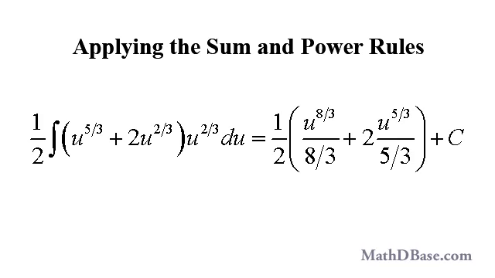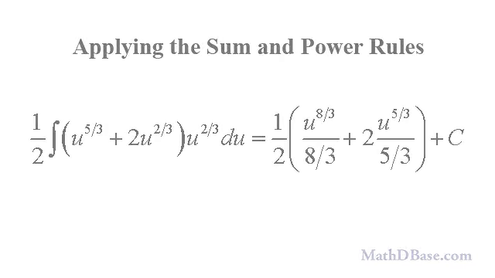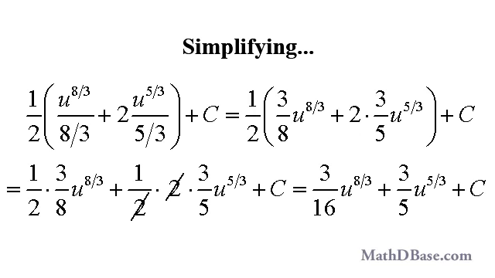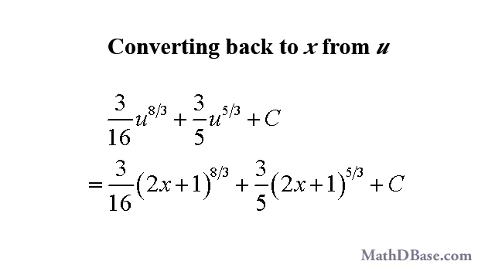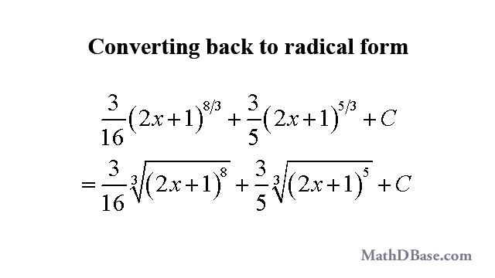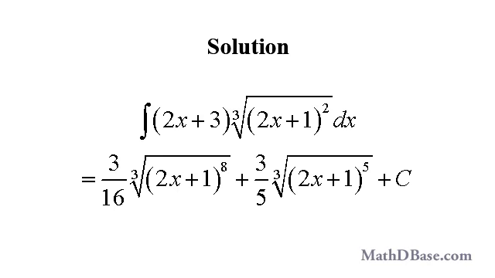Back to solving our integral, let's apply the sum and power rules to get, which simplifies to, now converting back to x's using the original substitution, replacing u's by the quantity 2x plus 1. Then converting back to radical form we get, and the solution of our integral is